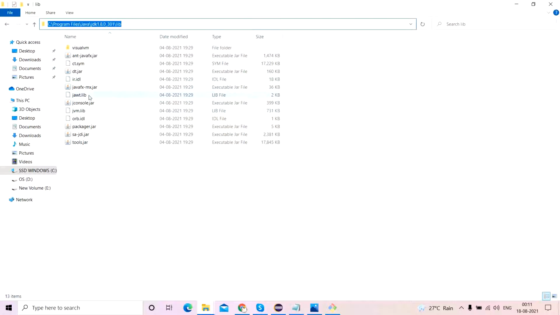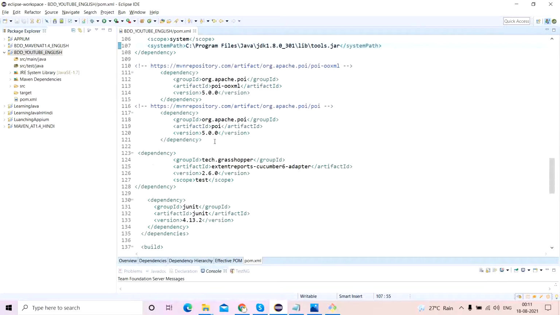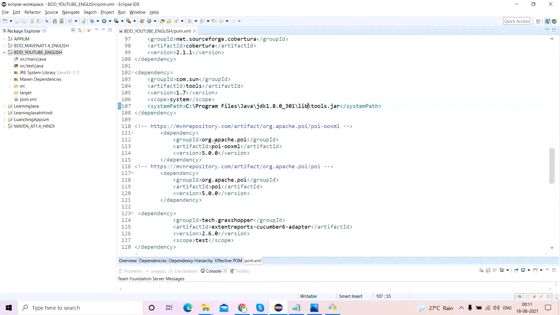This path you have to copy for the tools.jar. So you copy this particular path in your Maven dependency of tools and put it here. Once you do that, concatenate with tools.jar, and that's it. Save it. No big deal. And the rest of all you can copy. I think this will be absolutely fine.